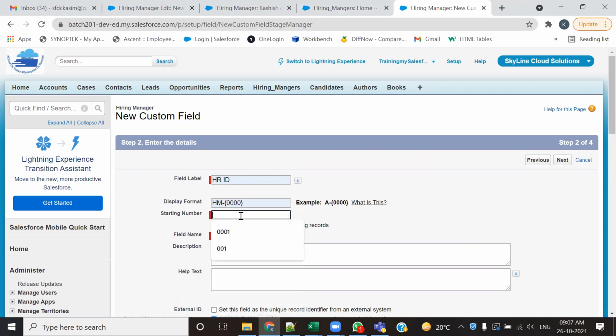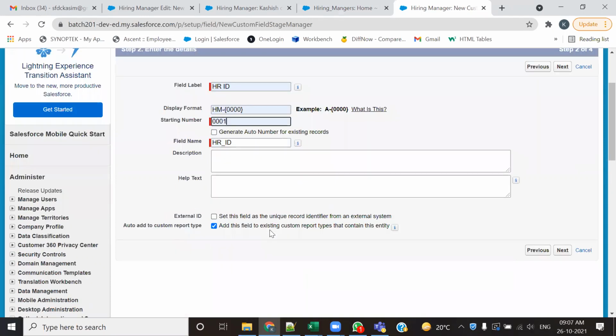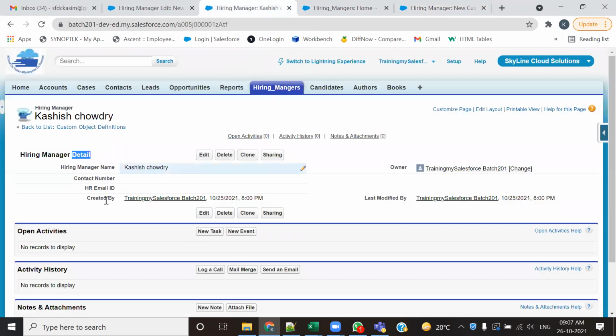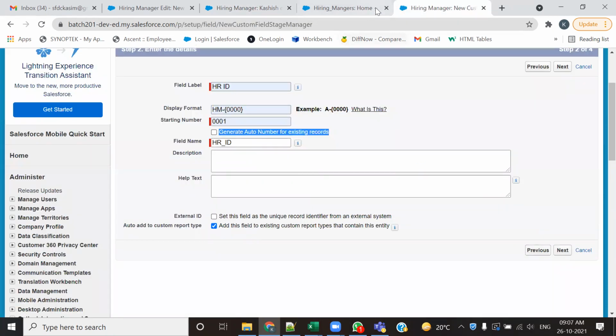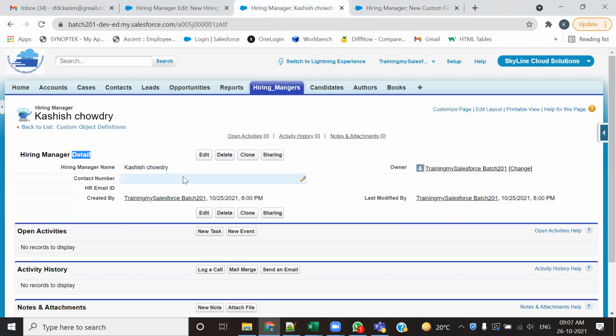display format is this, the first number is 001। यहाँ पर देखो एक ये छोटा सा चेक बॉक्स है, ये मैं क्लिक करना भूल गया, जनरेट द ऑटो नंबर फॉर द एग्जिस्टिंग रिकॉर्ड इफ द ऑब्जेक्ट हैव सम एग्जिस्टिंग रिकॉर्ड, जैसे यहाँ पे कशिश चौधरी और ऐसे 3-4 रिकॉर्ड है, whether you wanted कि वो पुराने रिकॉर्ड्स हैं उनको भी नंबर मिलना चाहिए या नहीं। अगर आप इसको क्लिक करोगे तो इसको नंबर मिलेगा, अदरवाइज उसको नंबर नहीं मिलेगा। फिर नया जो रिकॉर्ड स्टोर करोगे वहां से नंबर अलॉट होना शुरू हो जाएगा।